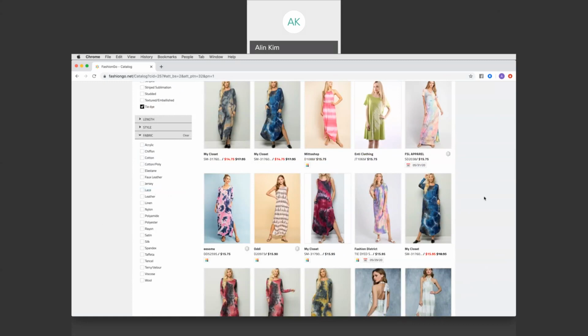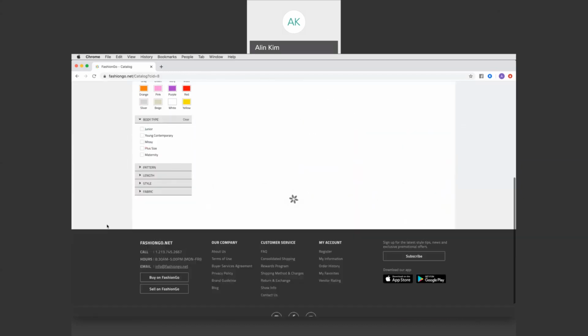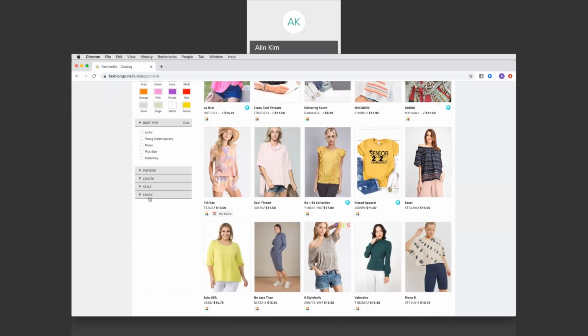Yeah, that's using our filters, and we have all these filters available for you guys. Goes into like women's tops. Again, all of these filters are available. And they might change a little bit. For example,